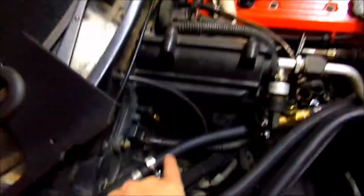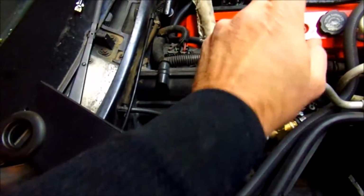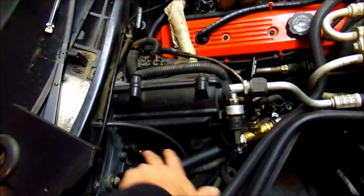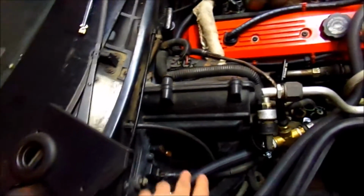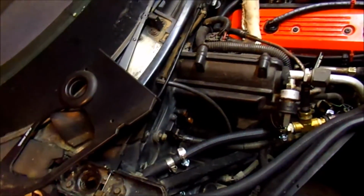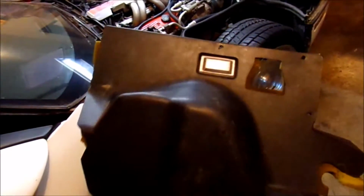But you could, if you have fresh fluid, just disconnect your heater hoses here and then prop them up where nothing comes out, and maybe squirt some water through here so when you pull it out it won't make antifreeze mess in there. It'll just be water. But the first thing we took out in the passenger side, this is your bottom of